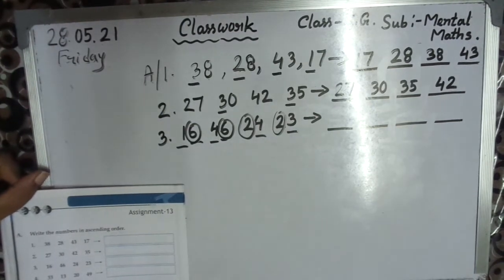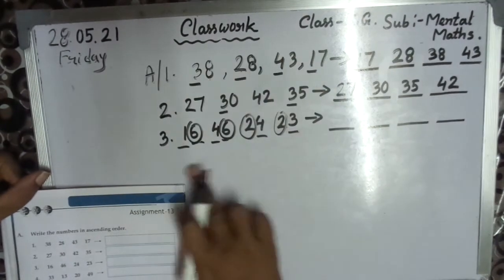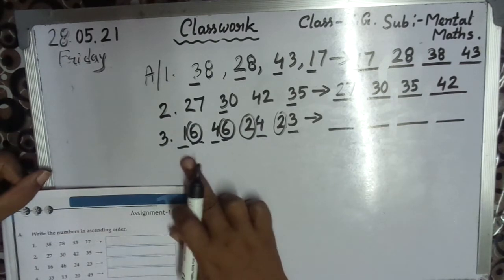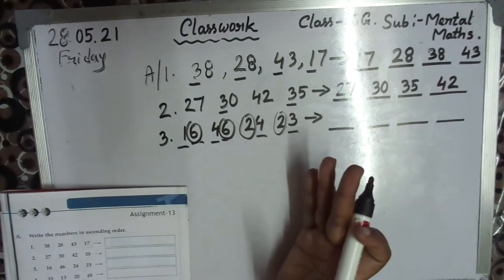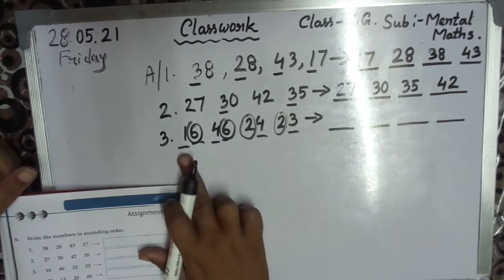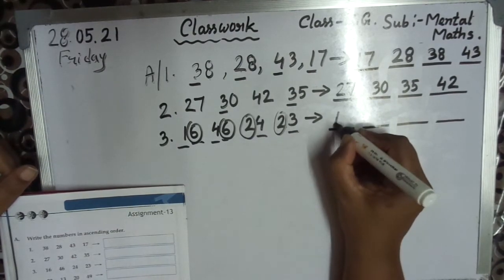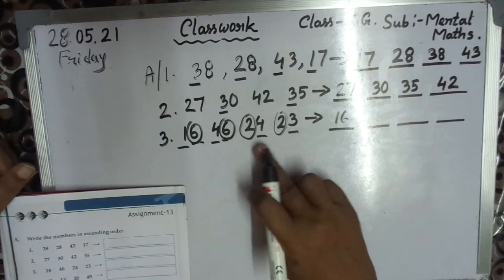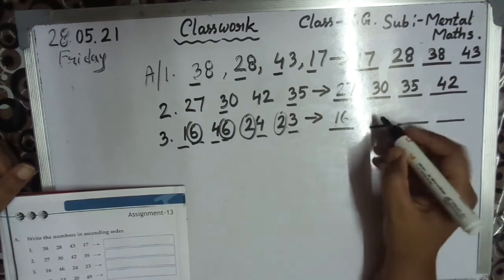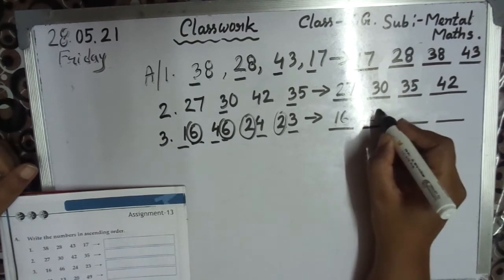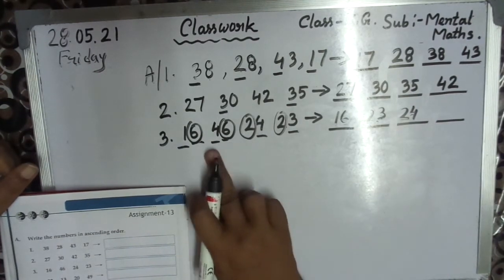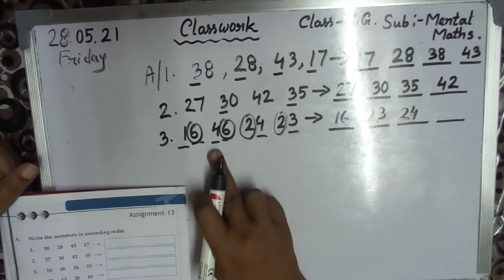So first you know small number, 1 number. 0, 1, 2, 3, 4, 5, 6, 7, 8, 9, 10. So 0 is not here, not is ones, tens. So 1 is tens, 10. So first number you write here 1, 6, 16. Okay. Next number 23, 24. So 23 is smaller than 24. So write 23. After then 24. Last one 46. See, number 4 tens is very big number.